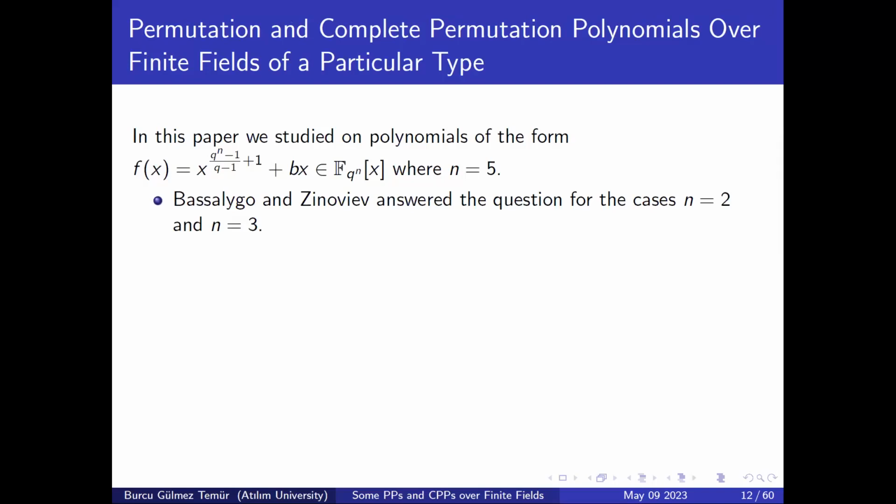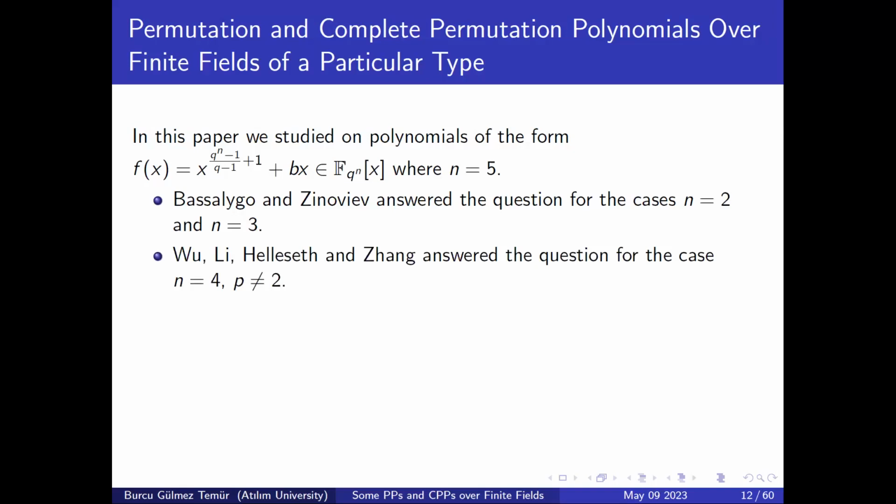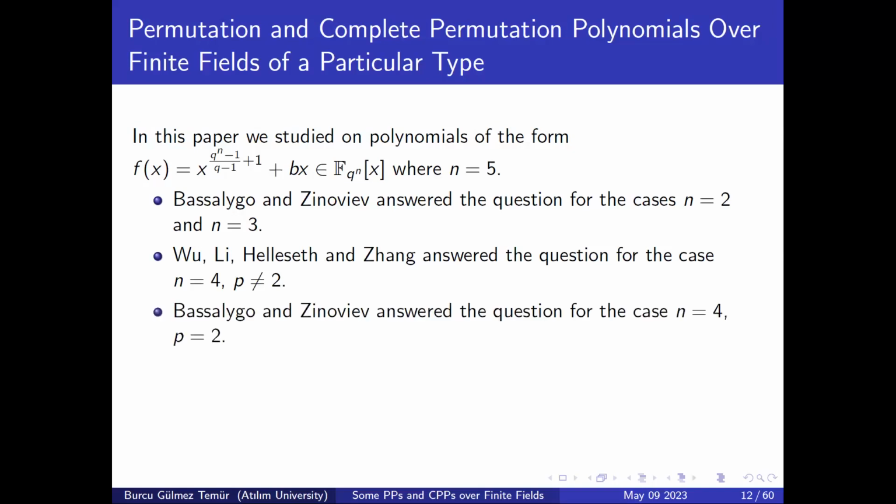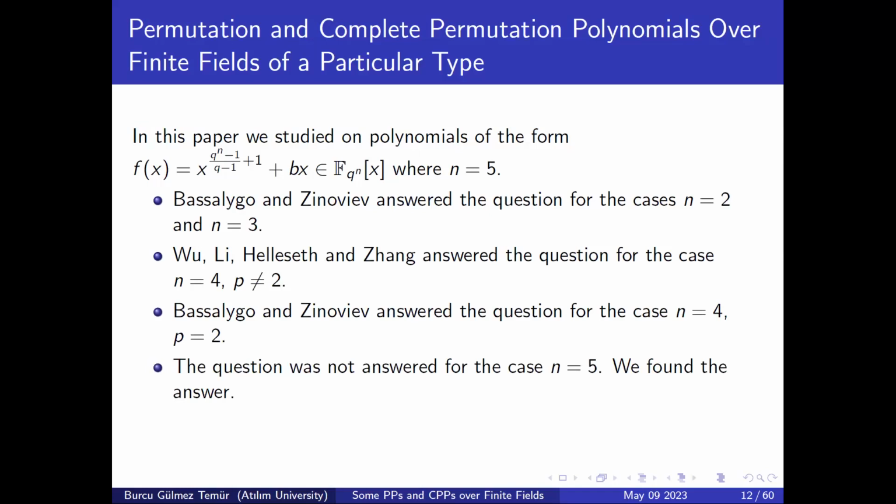Oh, okay. And we kept on looking at this polynomial where n is equal to 5 because we have seen in the literature that Vasilieva and Zinoviev answered the question for the case n is equal to 2 and n is equal to 3, and then Woolley, Heleset, and Zhang answered the question for the case n is equal to 4 where p is not 2. Vasilieva and Zinoviev answered the question for the case n is equal to 4, p is equal to 2. The question was not answered for the case n is equal to 5, and we were able to find the